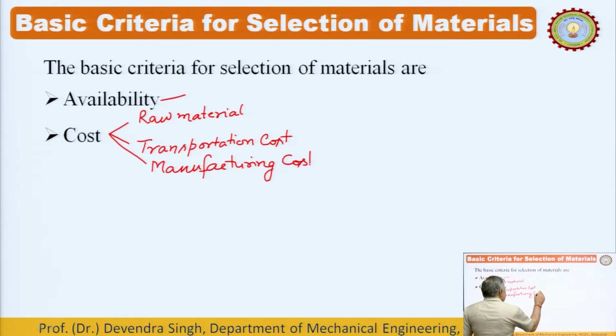These are the primary thoughts I am discussing here. We can think of some other factors also, some other costs. With transportation, it will include some charges, some taxes. Regarding manufacturing cost, the material should be easily manufacturable. The material should be suitable for the manufacturing processes you have designed for that particular product.